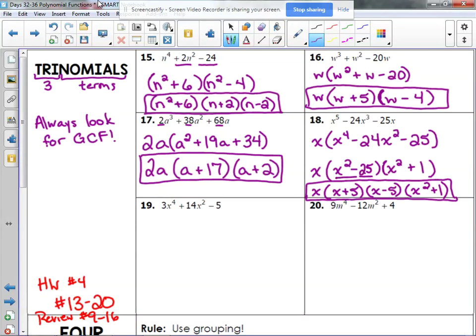So, number 19, looking for a GCF. They don't all have a variable. They are not all divisible by a common factor, so we don't have a GCF. Here is a method for factoring something that does not have a GCF and your leading coefficient is something other